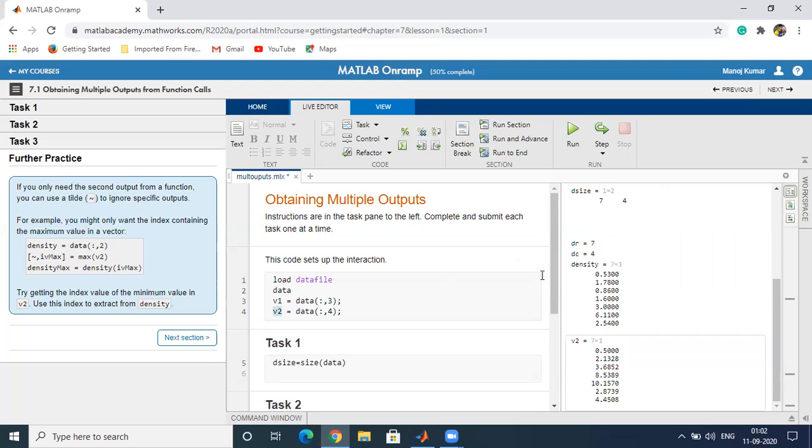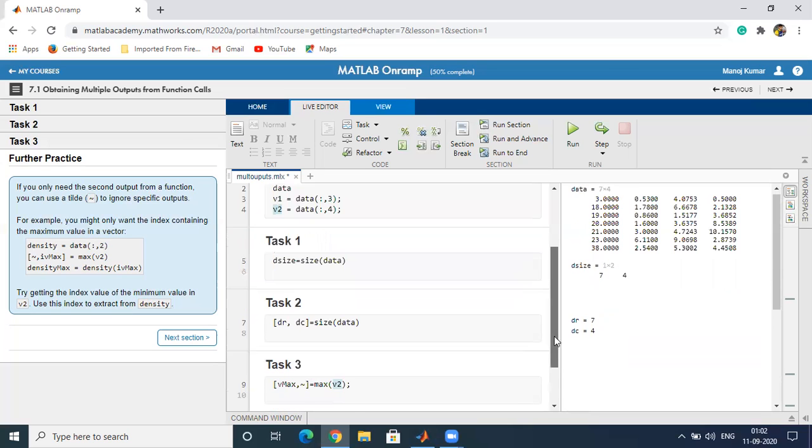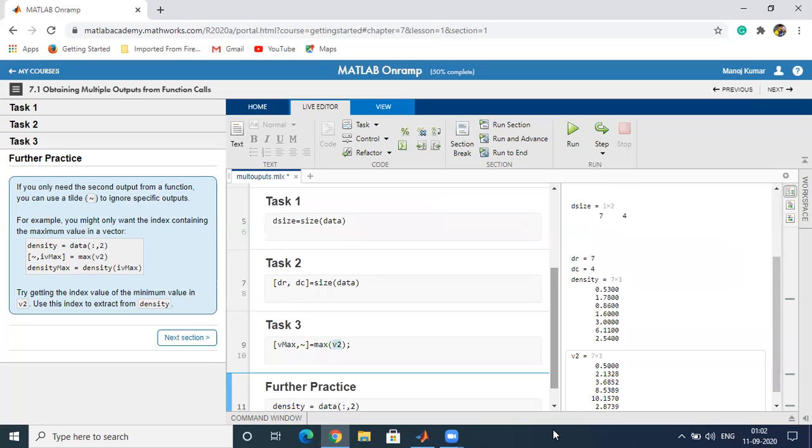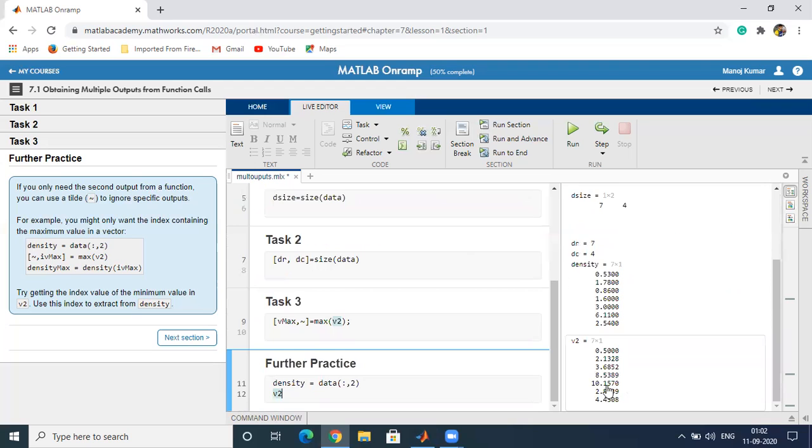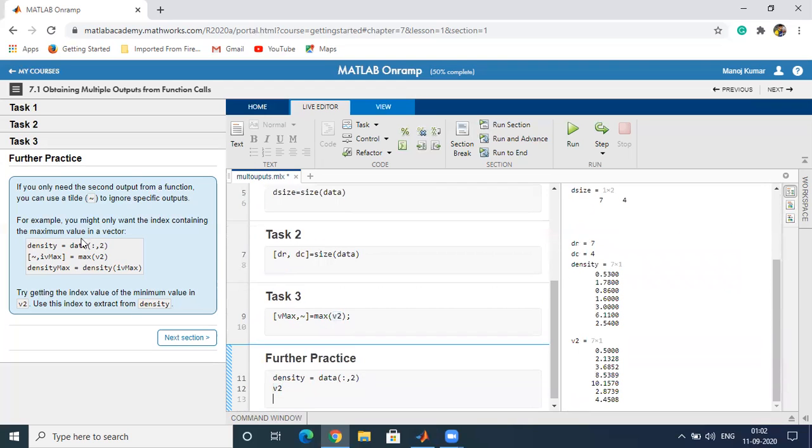Now if you want to calculate the index at which it contains the maximum value, now the maximum value is 10, which is at fifth position. Now let's calculate the index of the maximum value. So try to paste here. Now we want to calculate only the index of the maximum value.